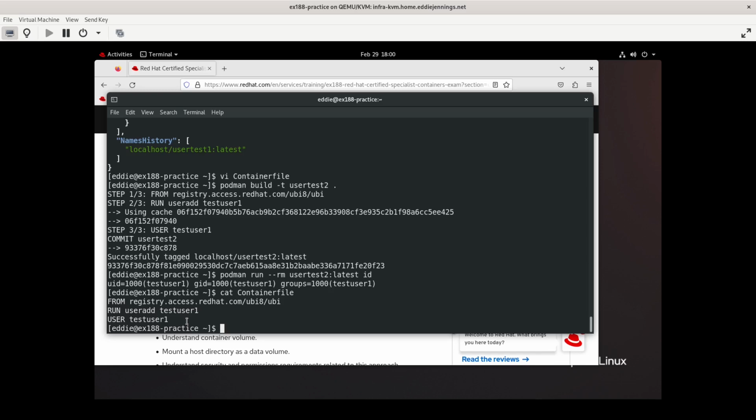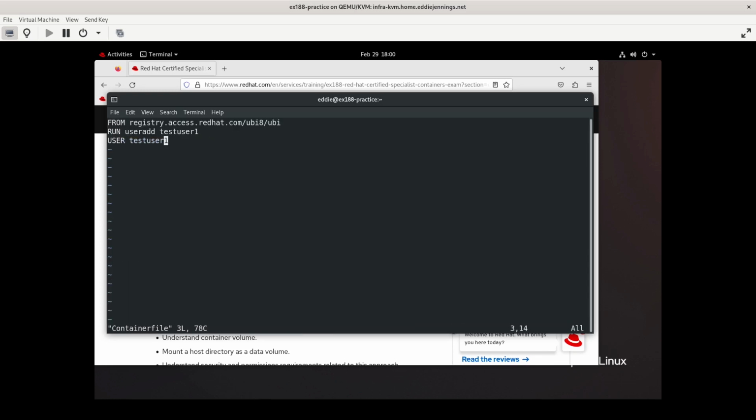The other directive that we're going to look at is the WORKDIR directive, and it's kind of similar to how the USER directive is. It changes the directory context that you're working in. So let me give you an example of this. Let me go back to our container file. Now that we're running as test user 1, we're going to run echo, here is a test file, and we're going to output that to home test